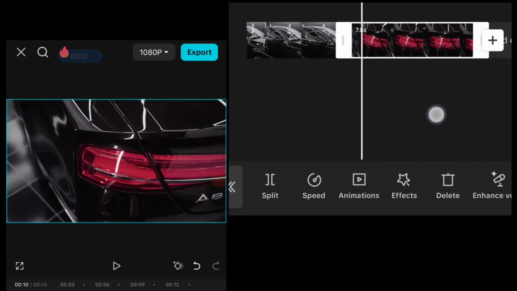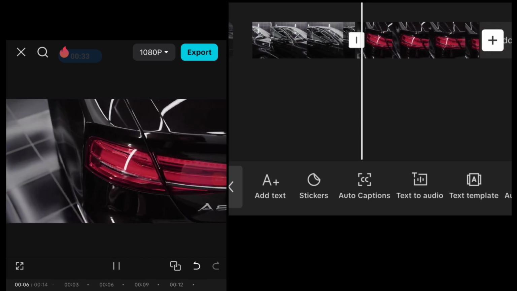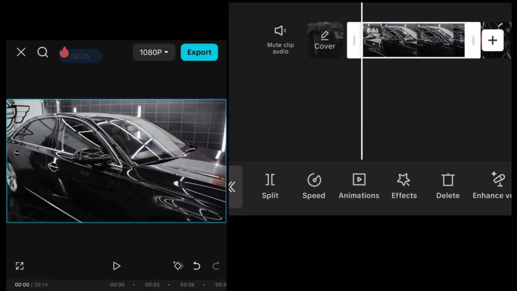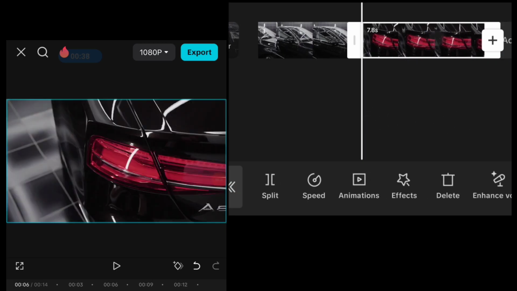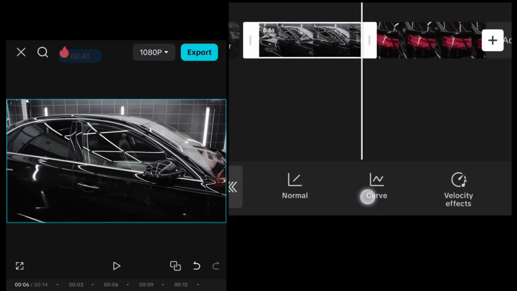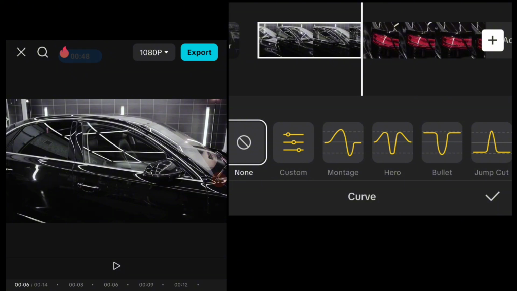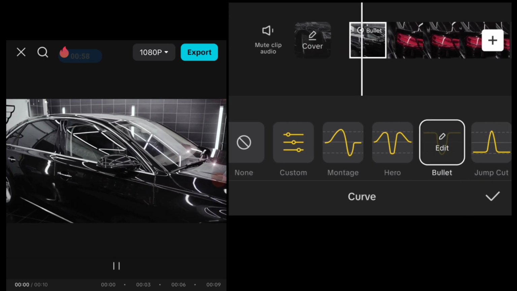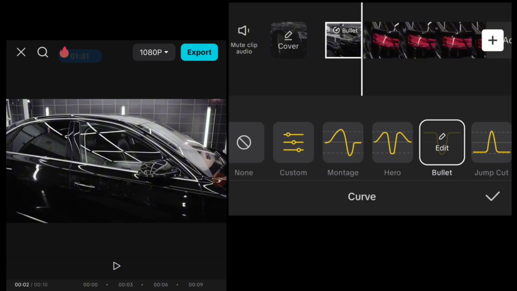So the way to make it much cleaner and look cinematic is just by clicking each clip, like this, and then you just need to go to this speed button and go to this curve button, this one. Just click it, and there will be plenty of curve speed choices, but you need to use this bullet curve, this one. It's like that, and then when you already insert it, you can just hit this check button,